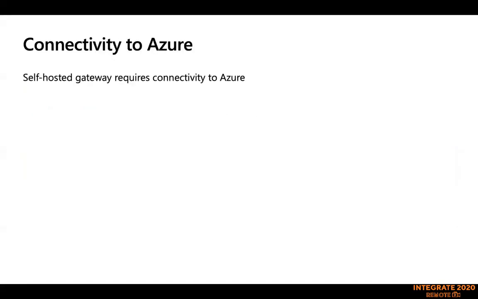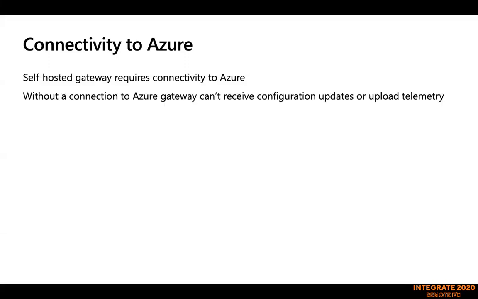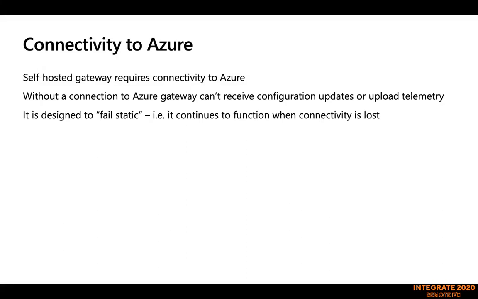So, connectivity to Azure. We already said it's a connected solution, right? It's not a standalone thing. Without connection to Azure, the gateway cannot receive configuration updates or upload telemetry. It is designed to fail static, so essentially it continues to function as is if it loses connectivity to the cloud. And it has a feature where you can have gateways back up the current configuration to a persistent volume to